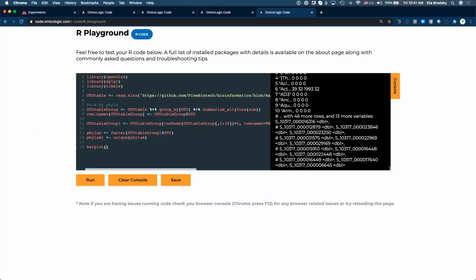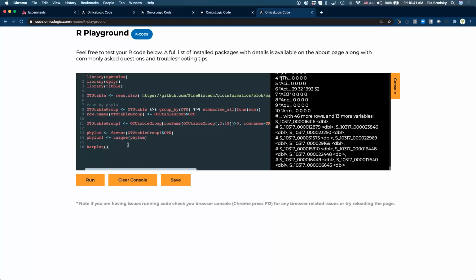Yeah, so it's a warning, right? Gregory, this is a warning, it's not an error. Okay.